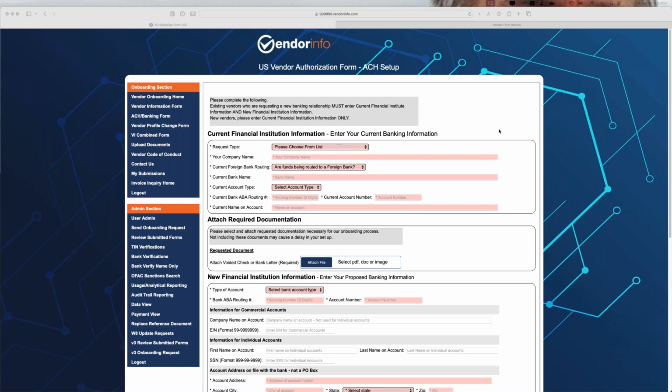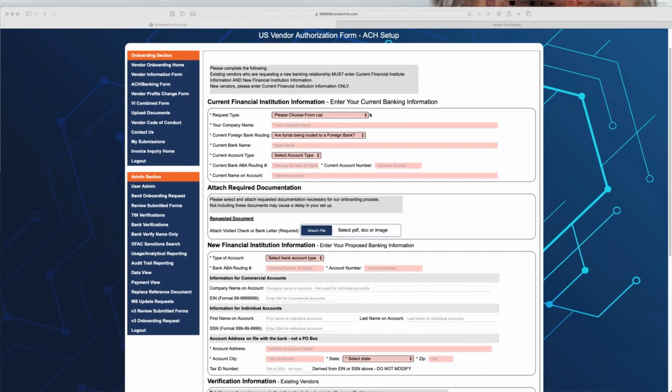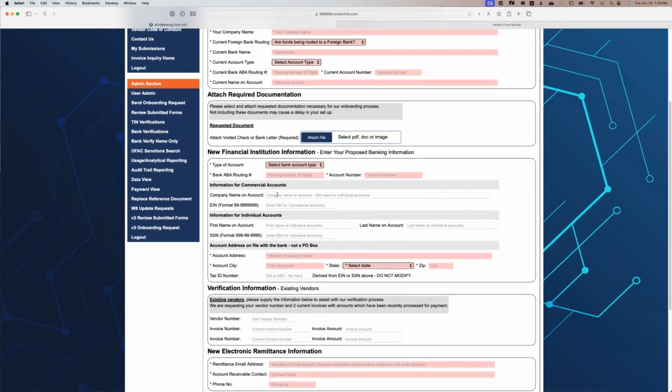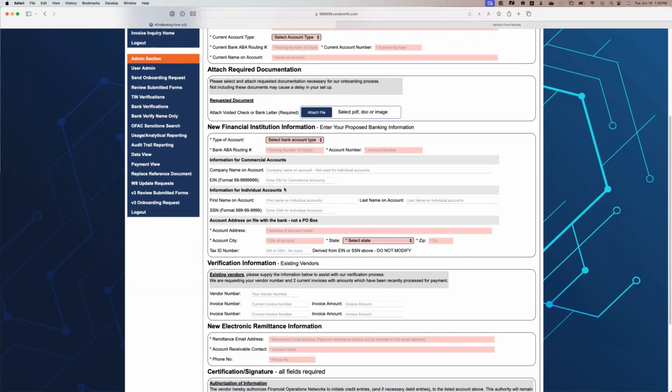For this kind of verification, if it's a bank account change request, the vendor would key in their current financial information. You can have them enter a voided check or a bank letter or both. Then they'd enter the new information for their new account.